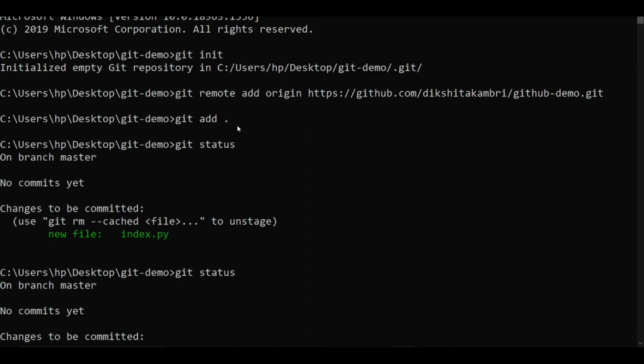Let's suppose we have 10 or 9 files in our folder, to add all the files we use git add dot. Or if you have only one or two files, you can just type git add and the file name, index2.py, and hit enter. So it has added the index2.py file to the staging area.